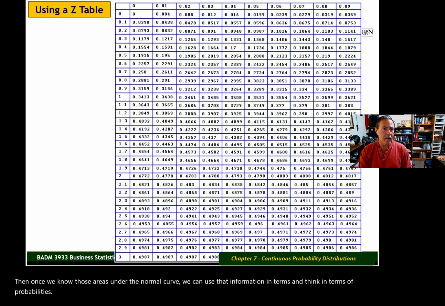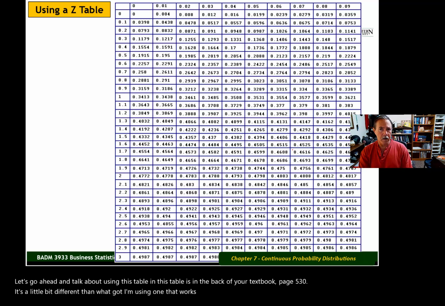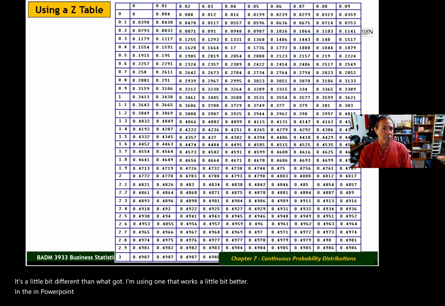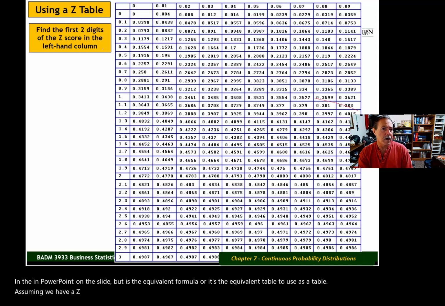Let's go ahead and talk about using this z-table. And this table is in the back of your textbook, page 530. It's a little bit different than what I've got. I'm using one that works a little bit better in PowerPoint on the slide, but it's the equivalent table. To use a z-table, assuming we have a z-score, we find the first two digits of